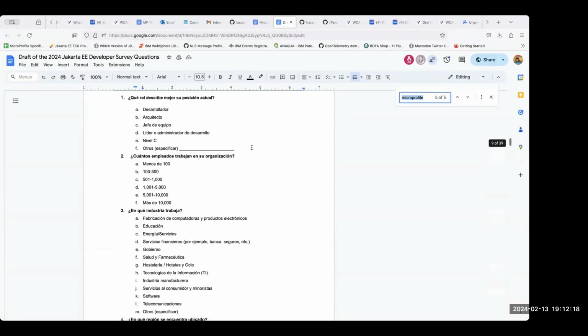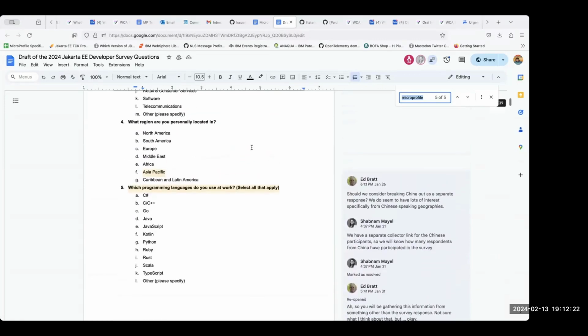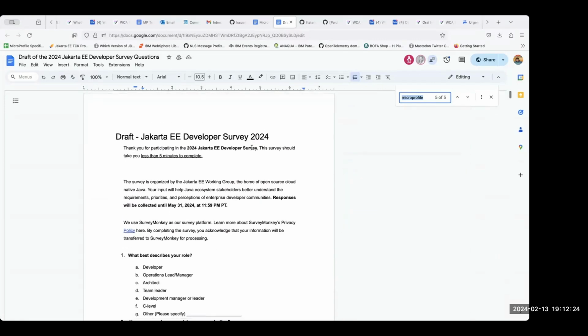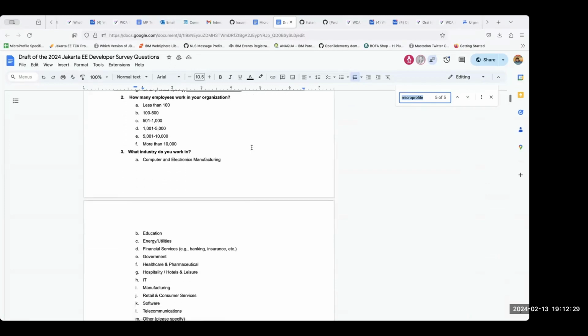I'm wondering, while trying to limit the number of questions, what if we add a MicroProfile question there, something like which version of MicroProfile are you using, or along similar lines.